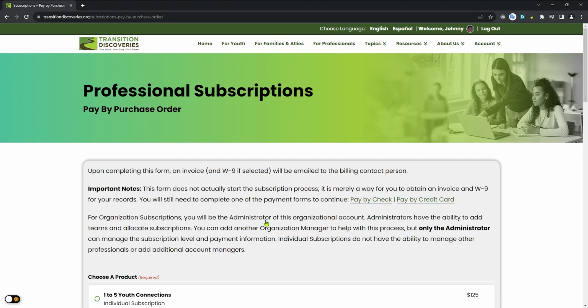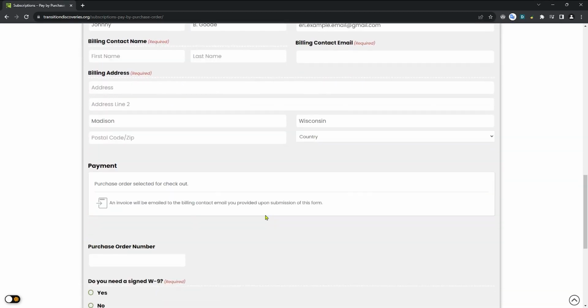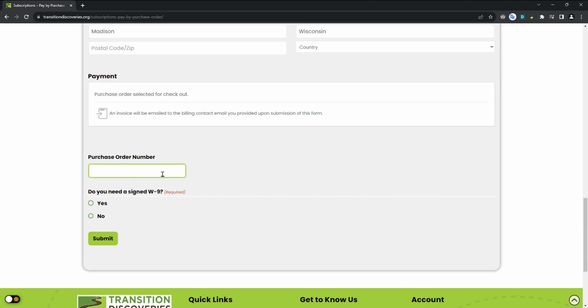The purchase order form gives you the ability to get an invoice and W-9 first. So you fill out this form. If you have a purchase order number, go ahead and put it here and select yes if you need that signed W-9. And then it's going to send an email to the billing contact address with the invoice, W-9, instructions